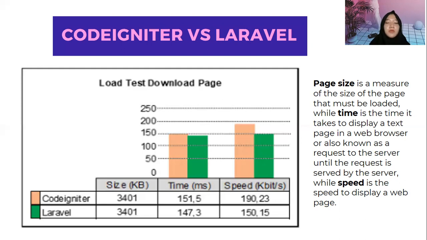Based on the picture above, we can conclude that CodeIgniter has a large value in the speed column, but Laravel has a high value in time. It can be admitted that CodeIgniter overall is most superior because the difference between the two, speed and time, is greater, but at the time the difference is only 3 seconds, then the speed